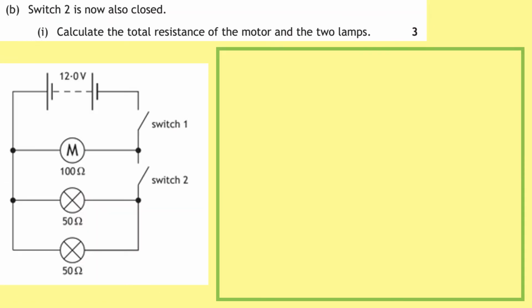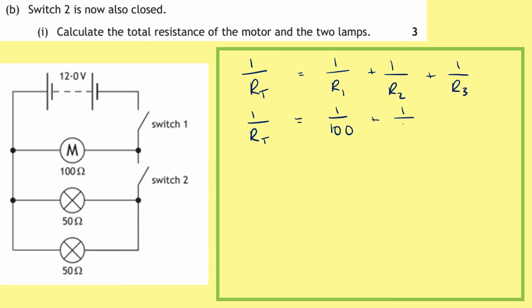Part B. Switch 2 is now also closed. Calculate the total resistance of the motor and the 2 lamps. We can see that the motor and the 2 lamps are in parallel, so we'll need to use our equation 1 over our total resistance equals 1 over resistance 1 plus 1 over resistance 2 plus 1 over resistance 3. So plugging in our numbers, we've got 1 over our total resistance equals 1 over 100 plus 1 over 50